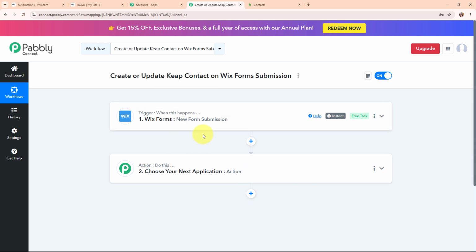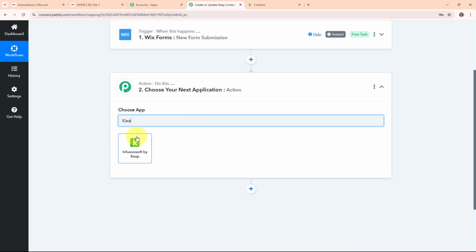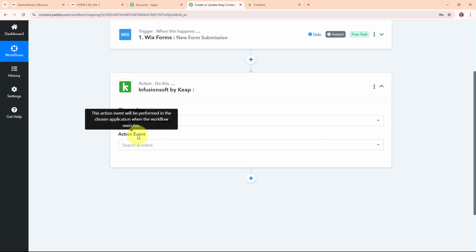So once we have received a new form submission through Wix Forms, I want to add the person who has made the form submission as a new contact in my Keap account. So for that, here I need to connect my Keap with Pabbly Connect in this action step over here. So here I'm going to select my action application as Infusionsoft by Keap. So Keap is an all-in-one platform that combines CRM, email marketing, and automation to help small businesses manage their customer